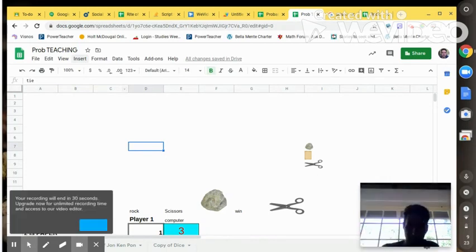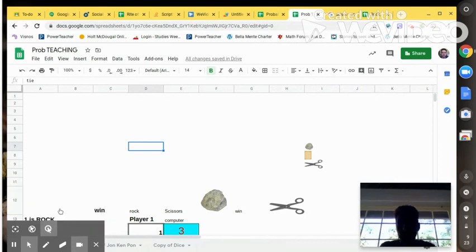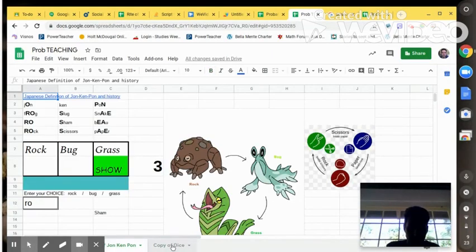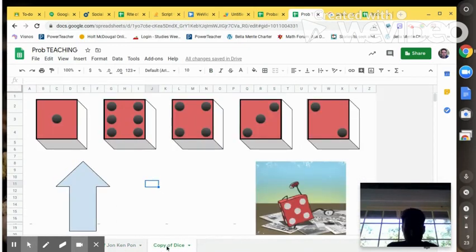So hopefully you've been able to figure out some of this coding. We're going to use a lot of the same stuff to create a dice game. But what you need to do is create a cell, create something down here. So you should have this part. You can change that up. Create a blank page that says not copy of dice, but just says whatever you want to call it. Double click it and give it a name. I'm going to change this one back to dice game. And you'll be ready for the next